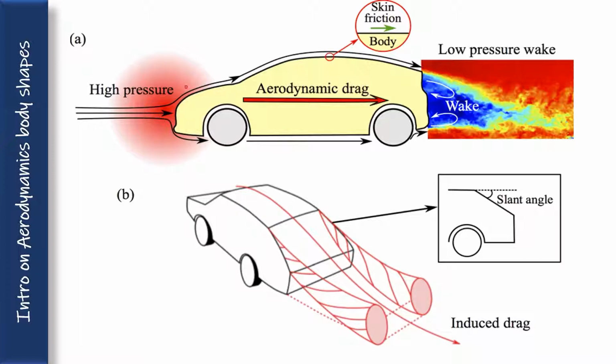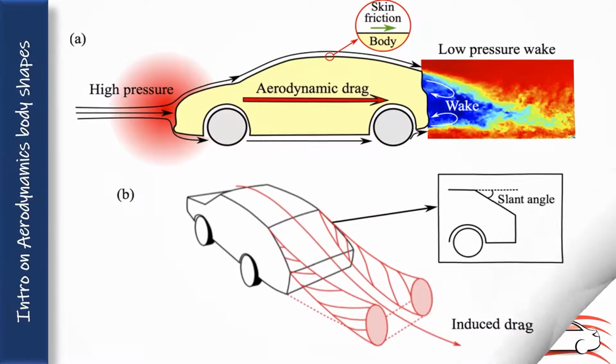Now see here, there is a red area. This is high pressure when the car is moving in this way. The car is moving this way, so the aerodynamic drag will act in this direction. Then the high pressure is created. This high pressure will keep a flow. When the car is in a slow position, the high pressure will flow like this and go back, and underneath, as usual, the pressure will be increased. So this function is what we use in aerodynamics.